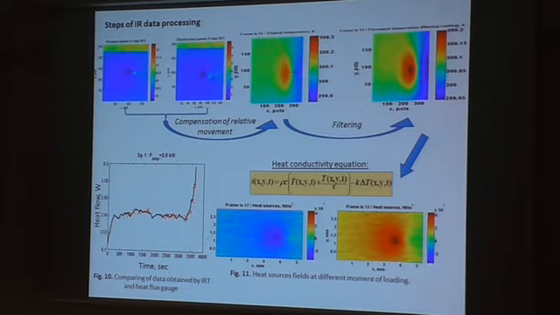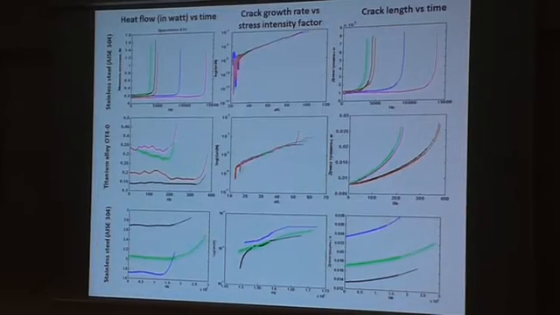From the heat flux sensor, we have a continuous curve, and this cross is a result of treatment of infrared data. If you are working with high cyclic fatigue, if you test for several hours, it's quite difficult to take the full heat evolution from the infrared measurements. So we have data from the heat flux sources, and we compare it with infrared, and we can investigate the distribution of heat sources based on infrared. Just a few words about results.